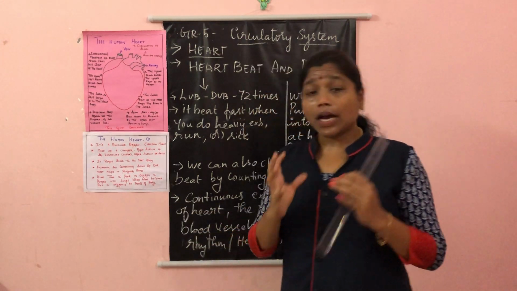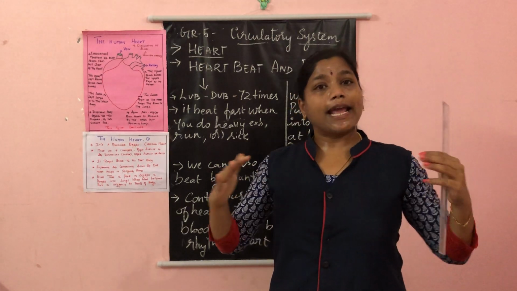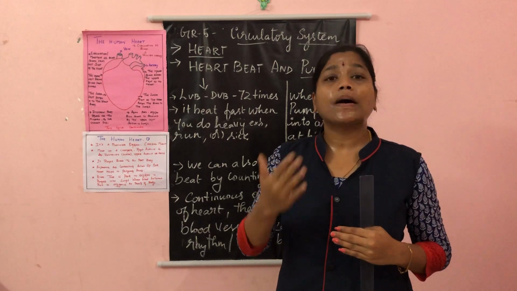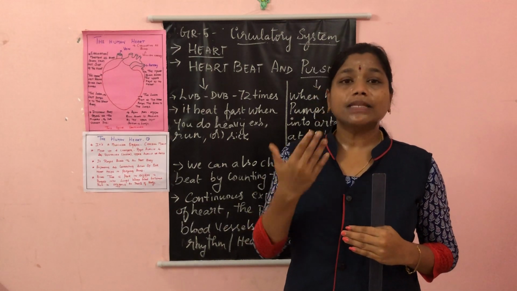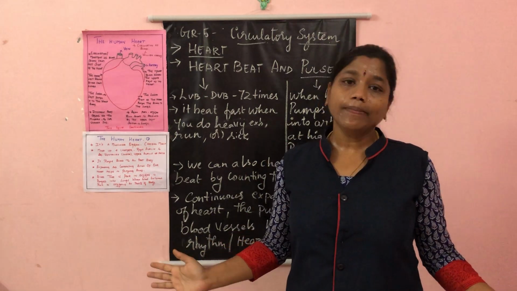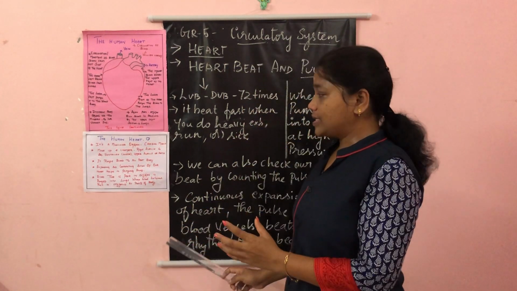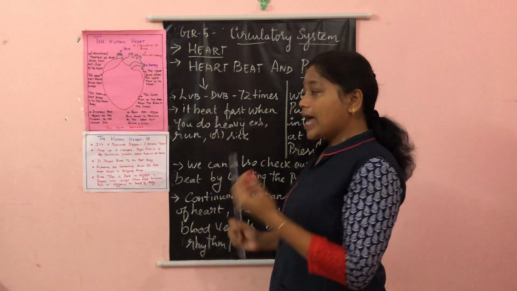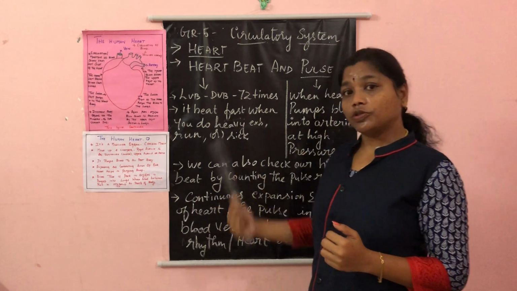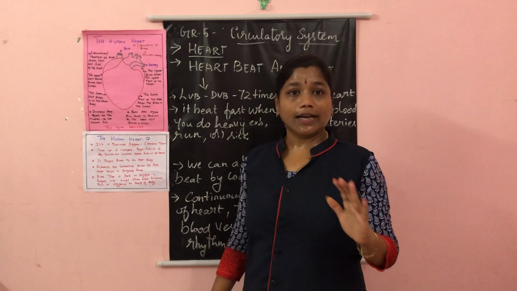Next comes, how does it function? It expands and contracts. That is why it is called a muscle. When it expands and contracts, the blood is automatically pumped in and out of the heart. It pumps inside the heart and comes out of the heart to the different parts of the body. Are you all clear with this? So blood that is poor in oxygen, what happens? It is pumped into the lungs, where it fills with oxygen. That is the circulation. We'll move on to that topic later. Now this is the structure of the human heart. Are you all clear with this?